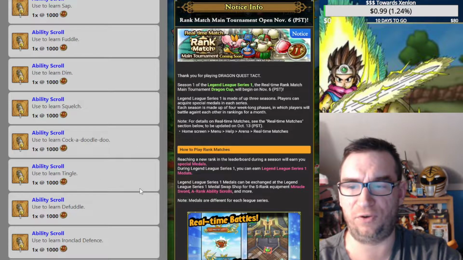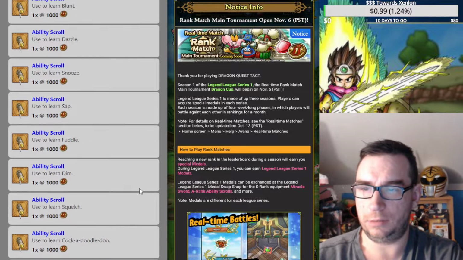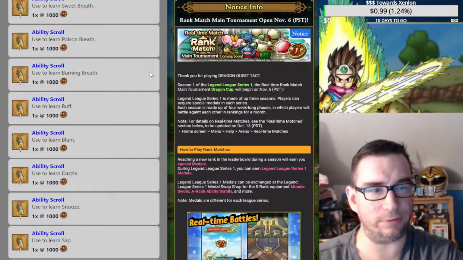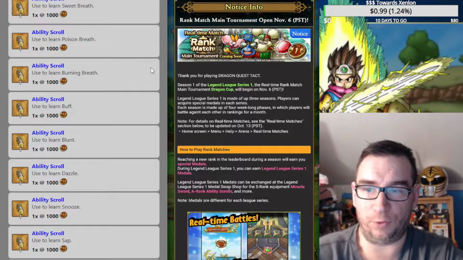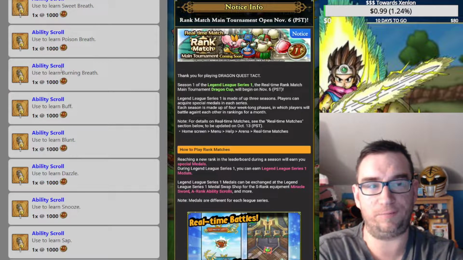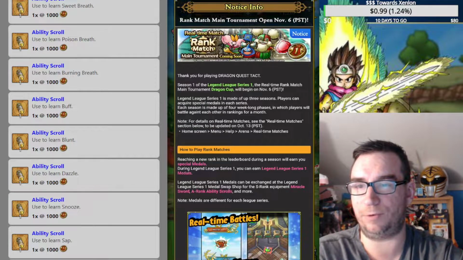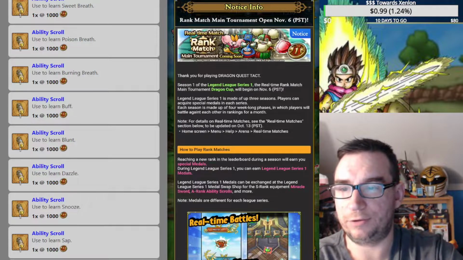So, they're probably not going to be your first pickup, but something like Burning Breath is probably the most valuable thing in here for 1,000 coins. And I don't mean by weight. I mean Burning Breath is a damn big deal. We have a few copies of it. Don't sleep on Sweet Breath either. So anyway,